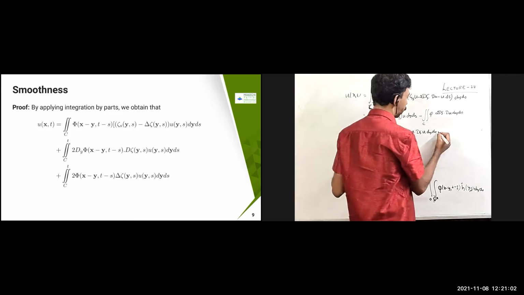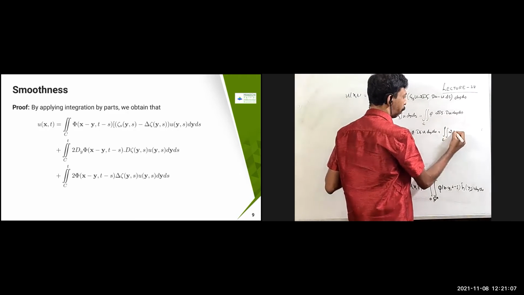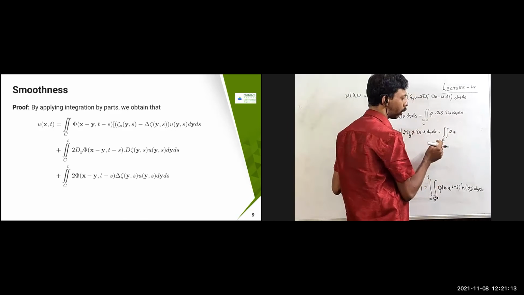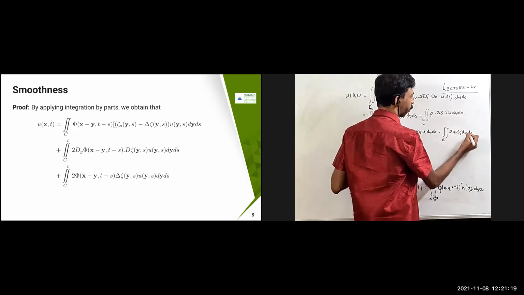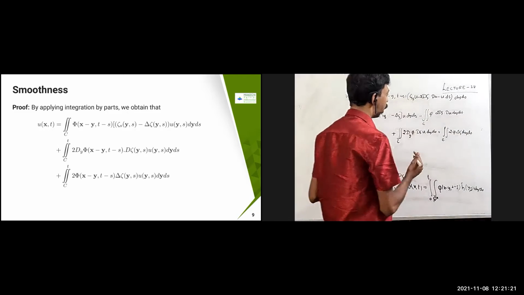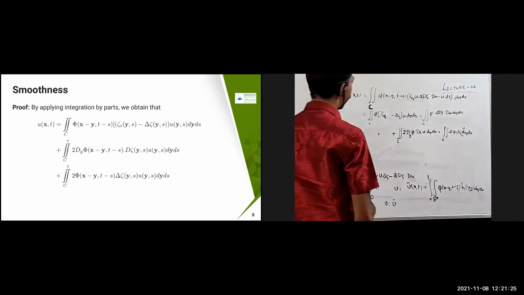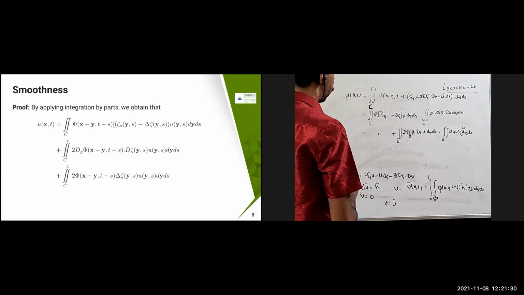That is going to become integral over c 2 pi of x minus y, comma t comma s, into, so this one once again I've got to apply it over here. This is going to become d del psi dy ds. Sorry, del psi and u is also there. Apply that integration by parts formula. So you are going to throw 1 over here, and you are going to get this answer. Del psi is going to come.